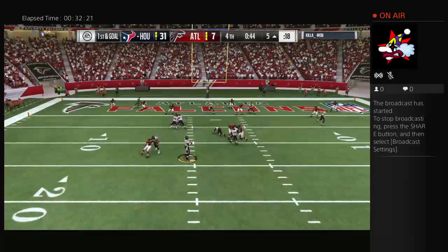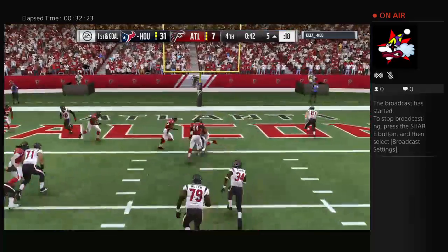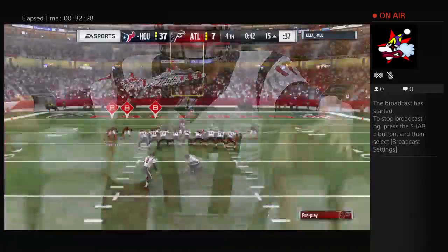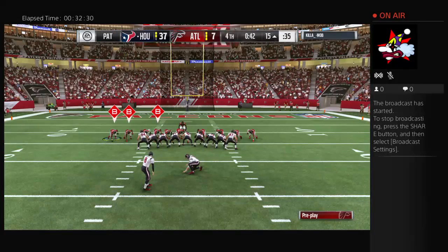Oh, Osweiler going to throw it. Finding time. And he will get into the end zone. It's another touchdown. This thing is ugly. And to me, that touchdown allowed